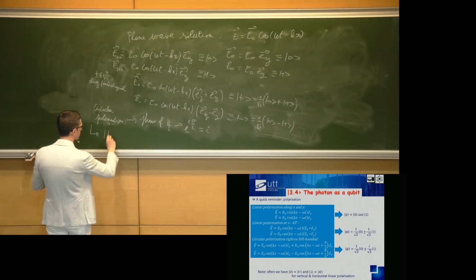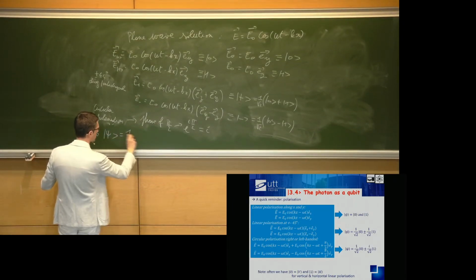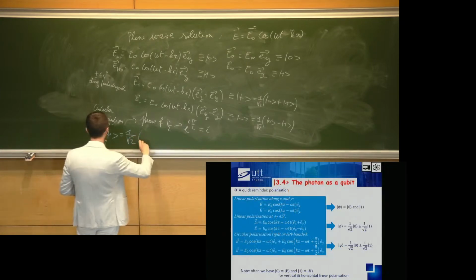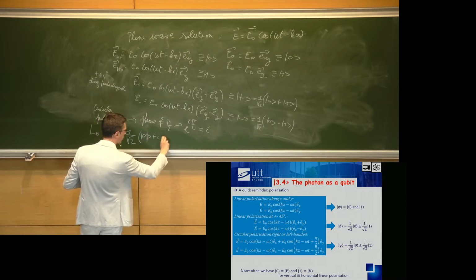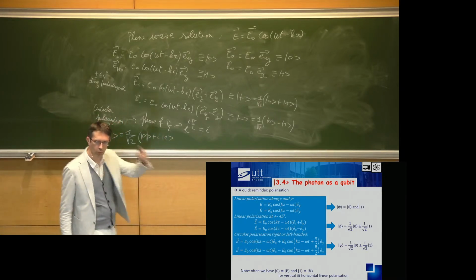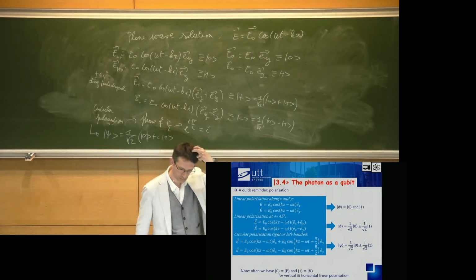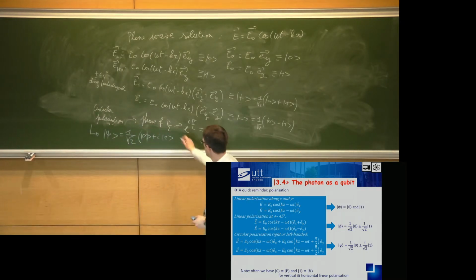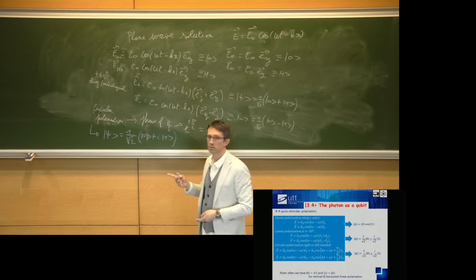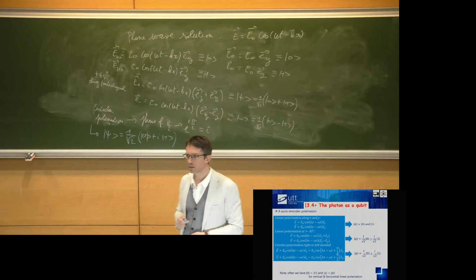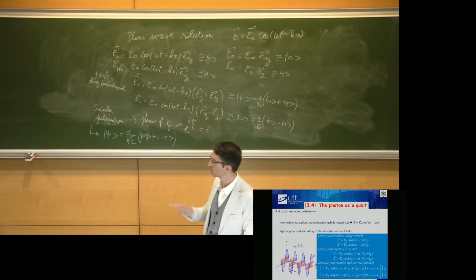So this state is going to be 0 plus i1. That would be for circular right. And this is exactly the state that we had earlier, on the Bloch sphere, that we took as an example, right? So if I go back,